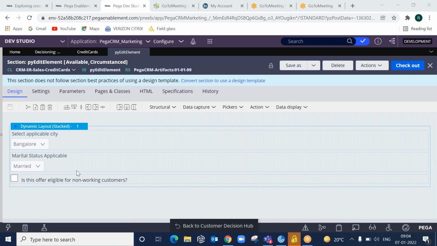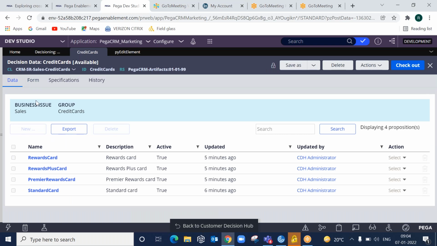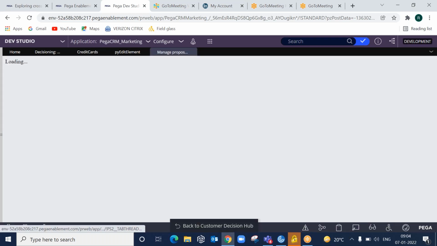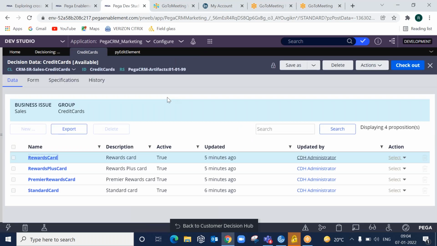We can do this only in the PY edit element section, which is nothing but the custom form, that allows you to give advanced controls where the agent can easily select from the list of options. He can open this, and since you have a drop down and all that, he can select it. Okay, is it understood now? Yes, now it's clear.